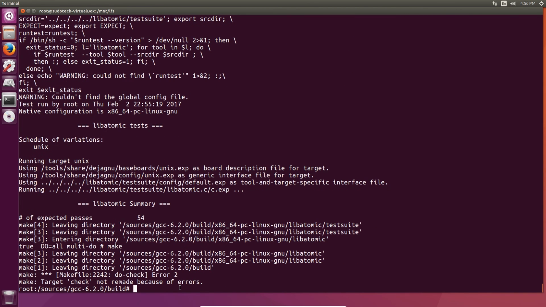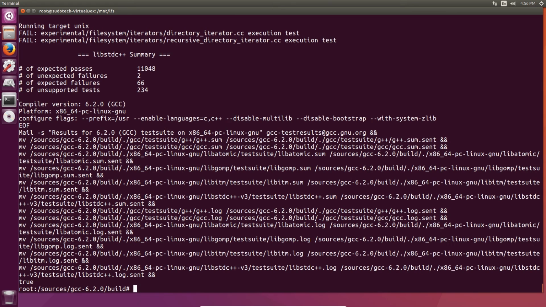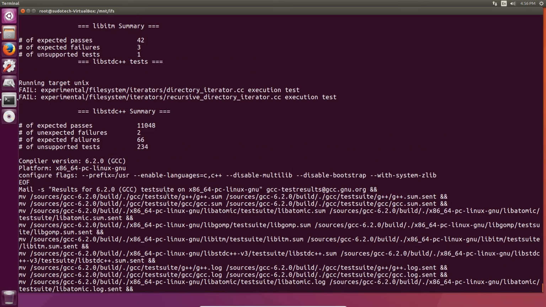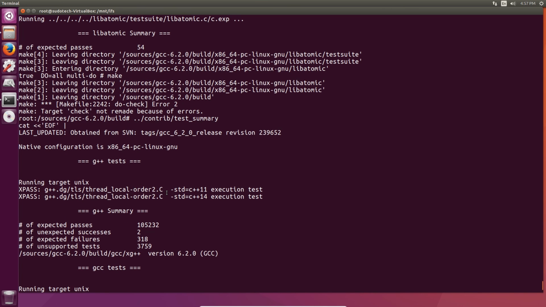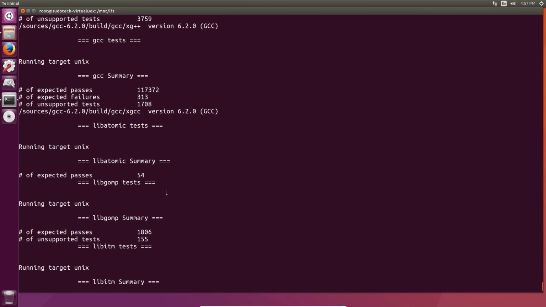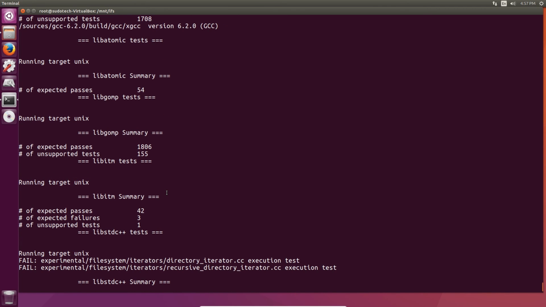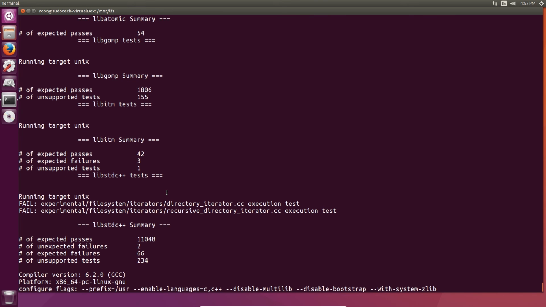When it's all finished, you can receive a summary of all the tests that you just ran with ../contrib/test_summary. If you have a few errors here, it's probably going to be just fine. You can compare it to the results of the same book version if you go to the book, and they've got a link to a build log of GCC. I had 2 errors on libstdc++, which is noted in the book as being fairly common, so I'm just going to keep on going from